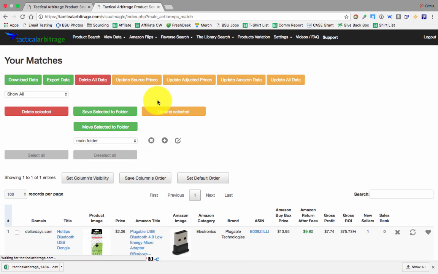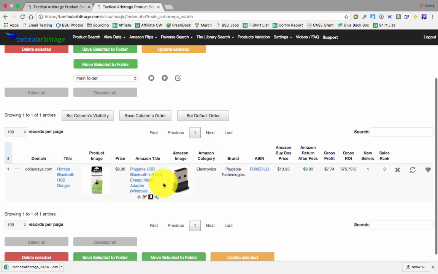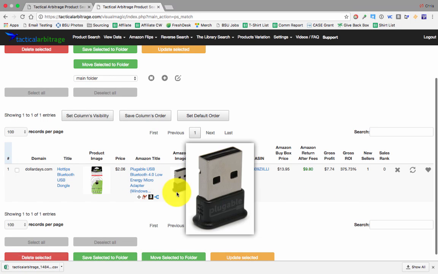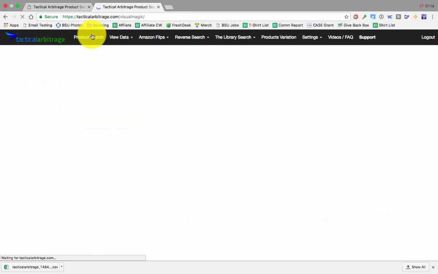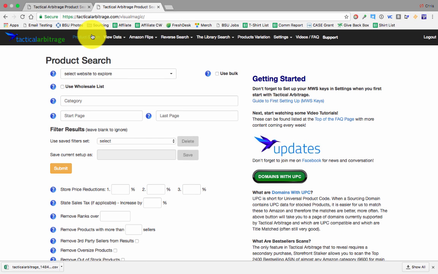And it'll show you the products that you have helped match, which I just told you this one. That's why I marked it as a mismatch, because it doesn't match. But it's going to show you the ones you did. So if we go back over to the product search page,